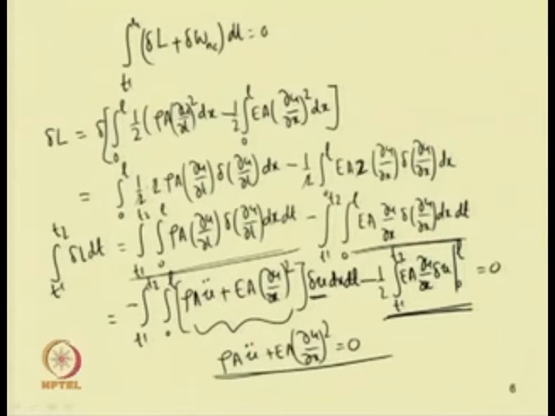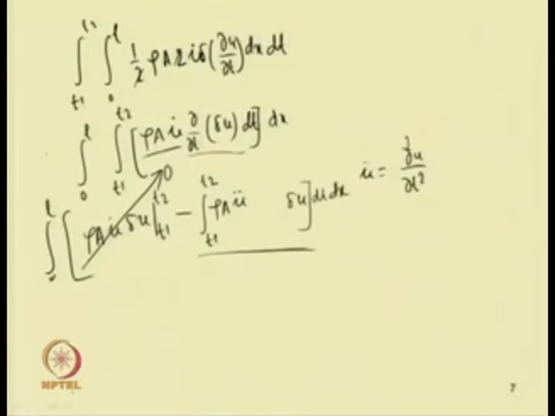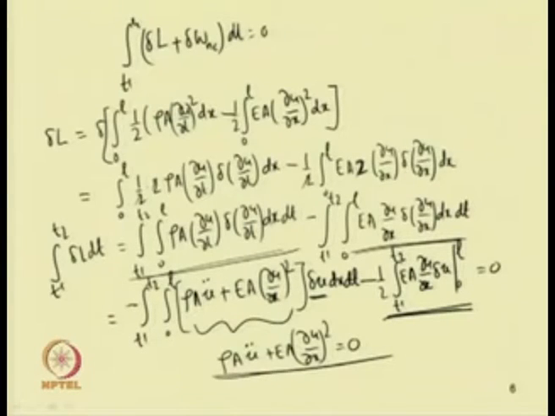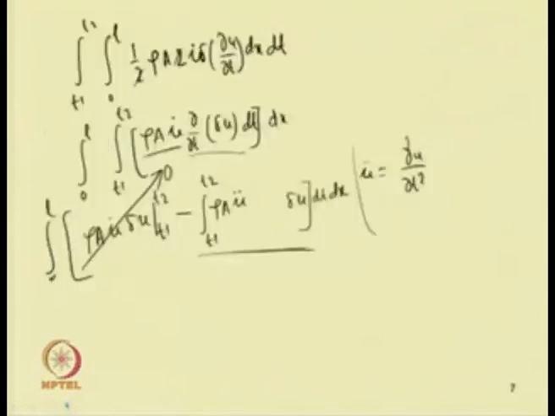While taking the kinetic energy term, one has to change the integrand. So, in this case one can change these things from 0 to L and T1 to T2 and then integrate by parts. By integrating by parts, the first term becomes 0 and the remaining term one can take in the equation of motion. So, the final equation of motion becomes rho A u double dot plus E A del u by del x whole square equal to 0, or one can write this equation in this form.